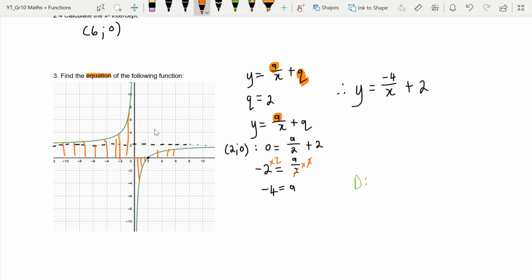So just like with the previous one, my domain is an element of real numbers, just as long as my x is not 0. And that is going to be your domain for a hyperbola. And then for the range,